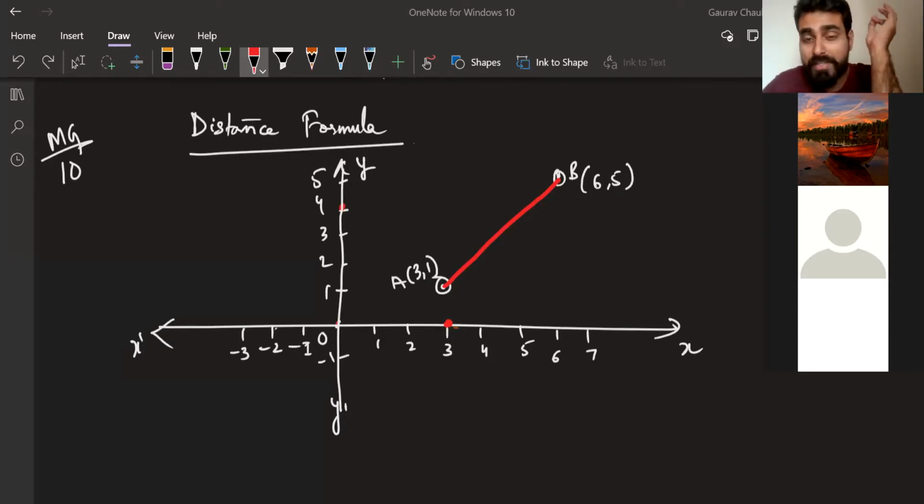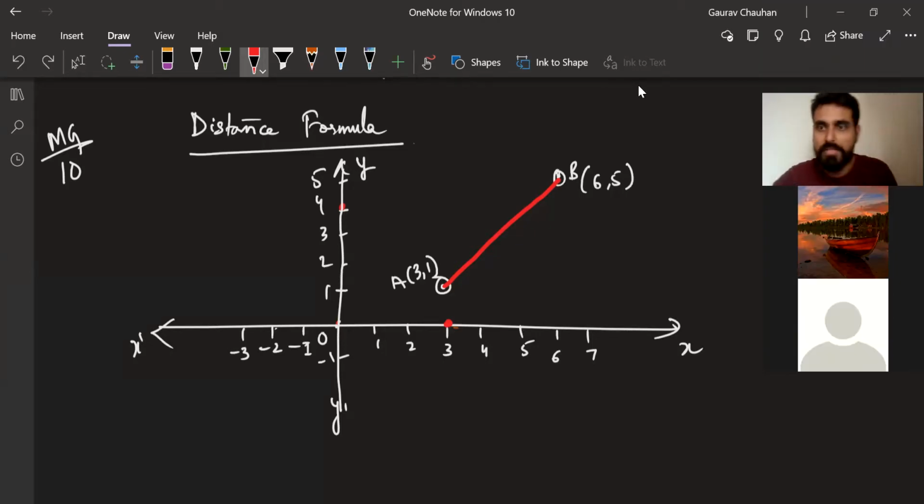My question, Deepak, is how will we find now? We know how to find the distance between this point and this point. We also know how to find the distance between this and this point. We'll use Pythagoras theorem and find this distance. But how will you find the distance between point A and point B right now in the figure? It's not directly clear to us, but how will we find? That's the question.